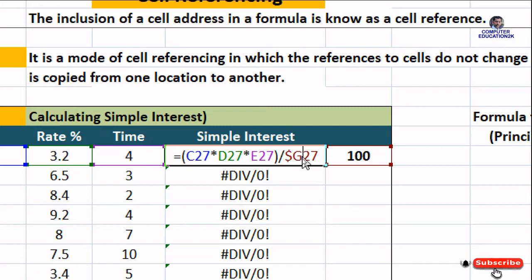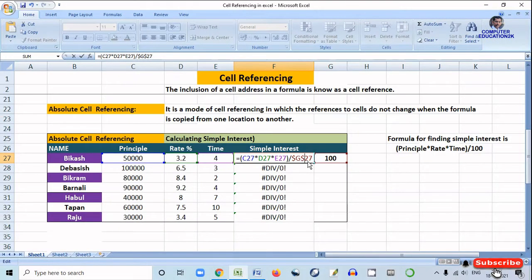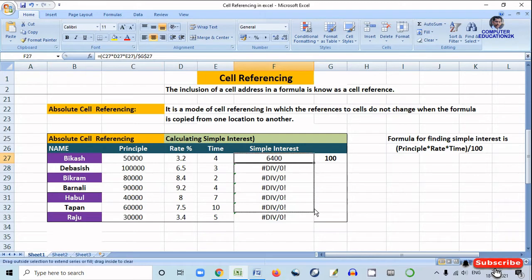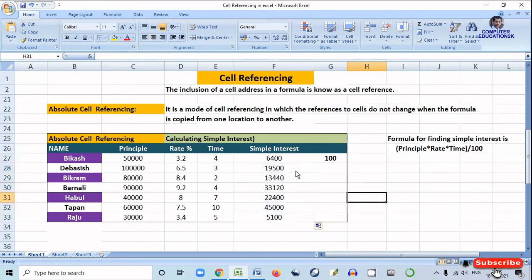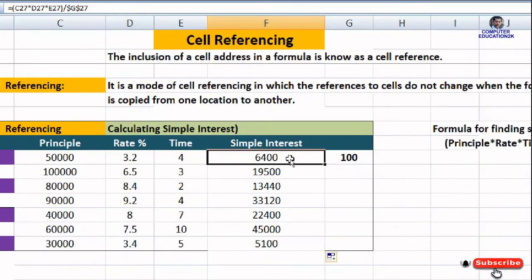As soon as you give the $ sign, now the cell value is fixed. Now this cell value, that means the 100, will not change. Now it is fixed. Now if you copy it down, see what will happen. Now the simple interest for the other students has also come, because we have fixed the cell number,